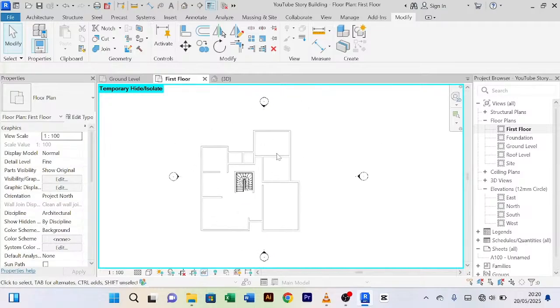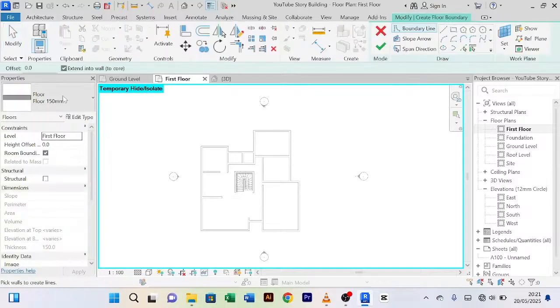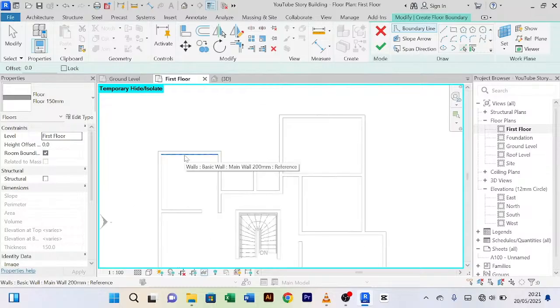Now we're going to create our floor. Here we did already edit a floor, so we shall just use that one here as well. So we shall click on architecture. We go to our floor, we go to floor architecture, and it will bring us to the floor that we created. So from here, I'll just go to pick line, and this time I want to pick the interior parts